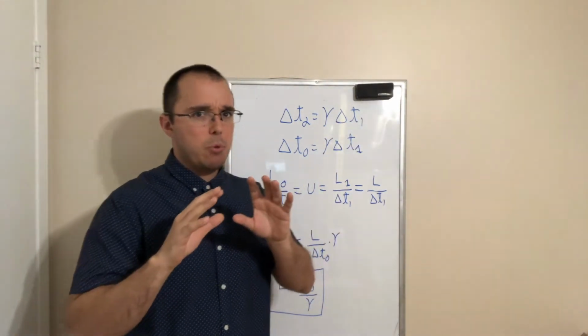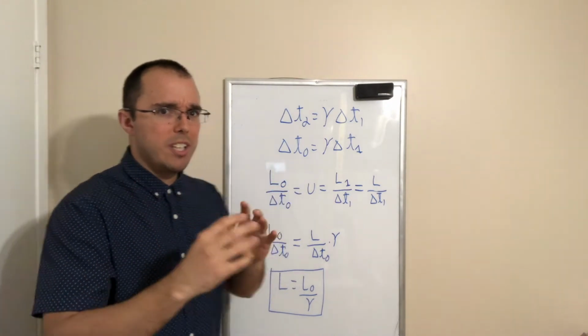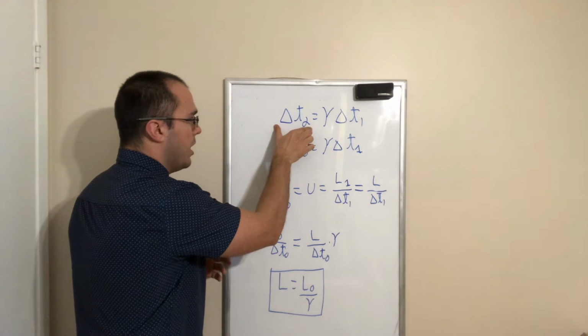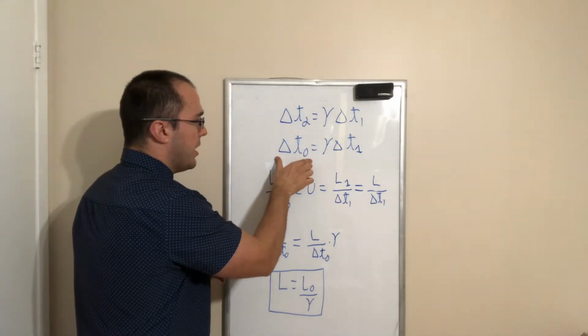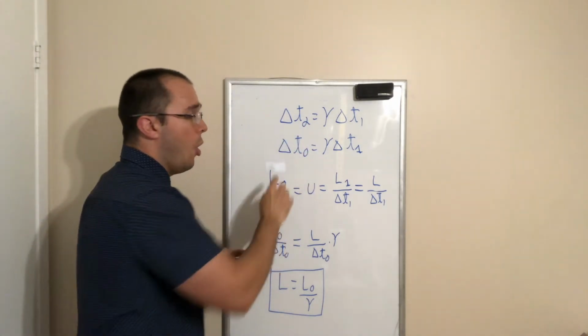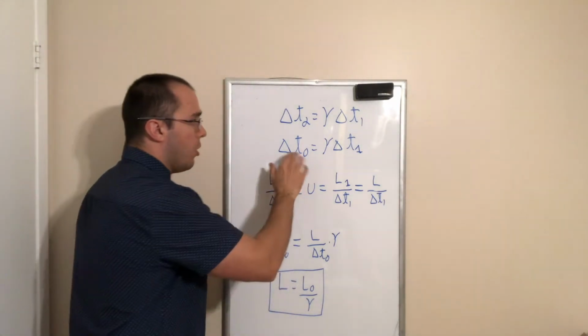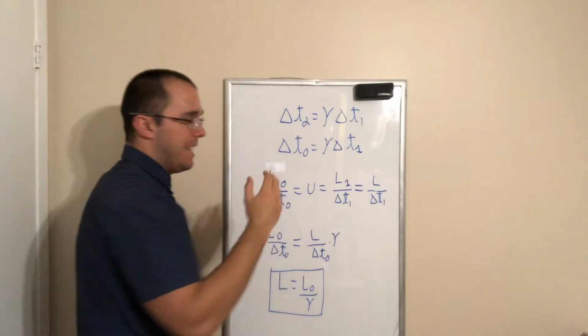All right. Now in chapter 8.4, to do the derivation, they do a slight change in notation. Instead of using delta T2, they use delta T0, and they call this the proper time, or the time elapsed in the frame at rest. Now the remaining of the formula is identical.